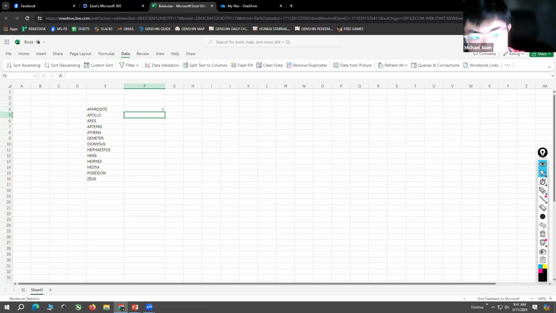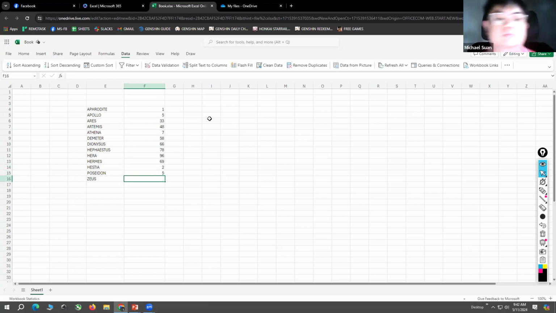Also, you can sort numbers, like 1, 5, 23, 48, 90. So you can also sort numbers.